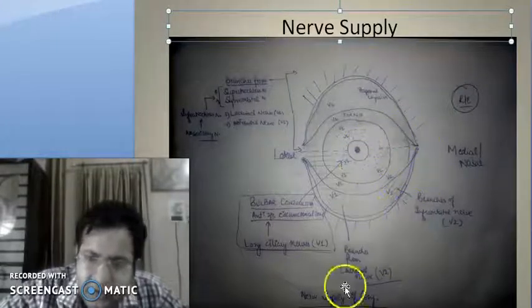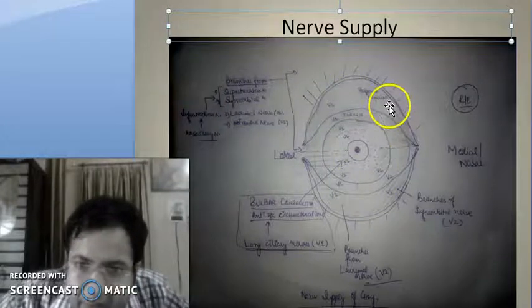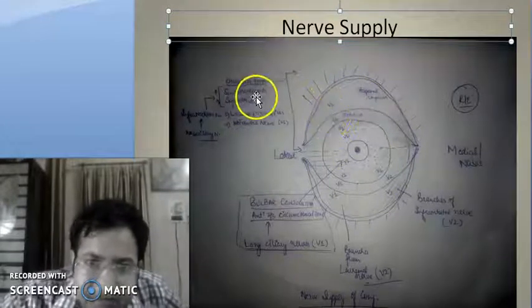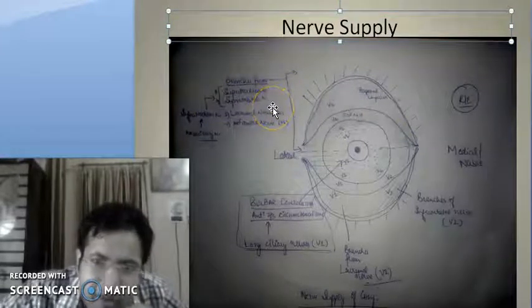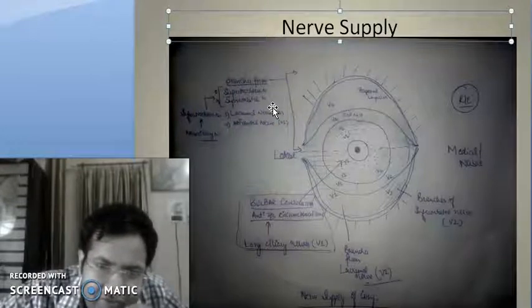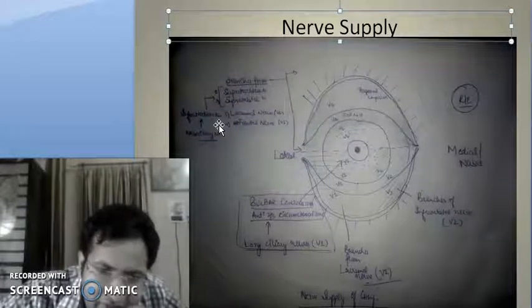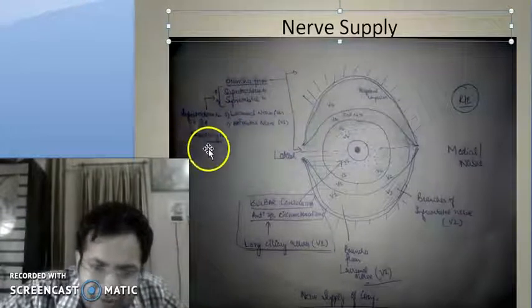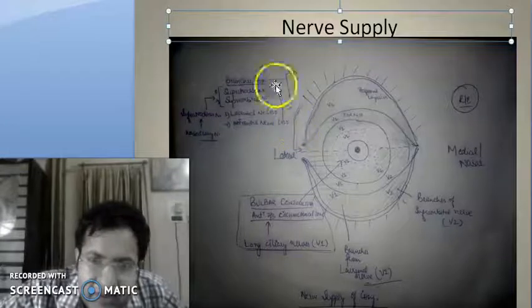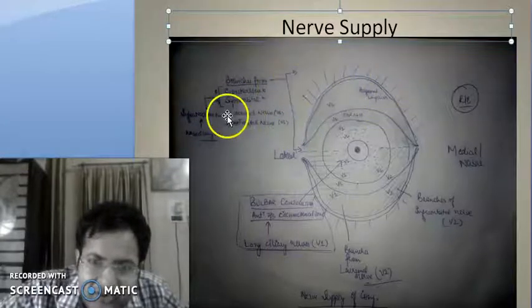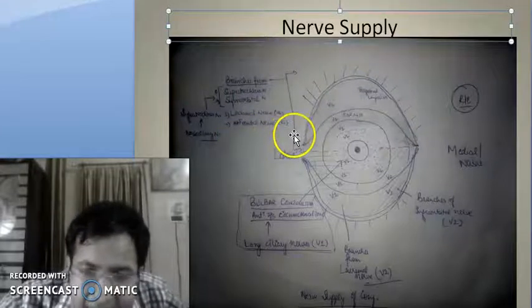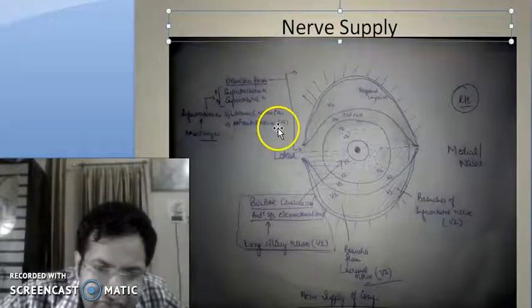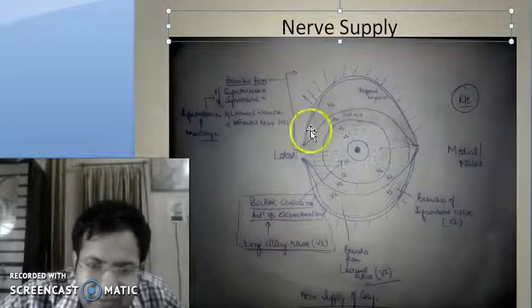Okay, the superior palpebral conjunctiva is supplied from the branches of the supratrochlear nerve and the supraorbital nerve, which themselves are branches of the infratrochlear nerve, and the infratrochlear nerve is itself a sub-branch of the nasociliary nerve. Also, the palpebral conjunctiva is supplied by the lacrimal nerve and the frontal nerve, which all are branches of the first division, that is the ophthalmic division of the